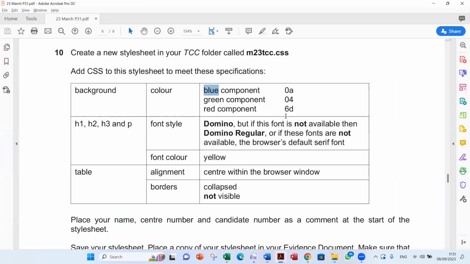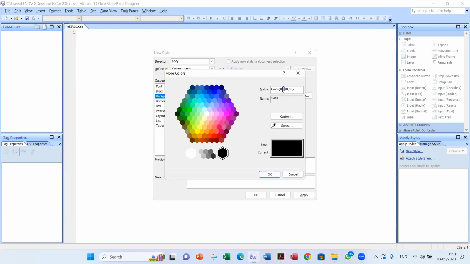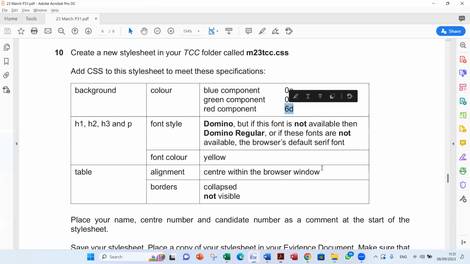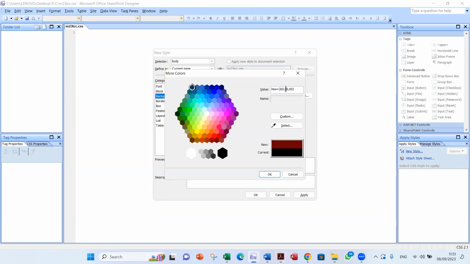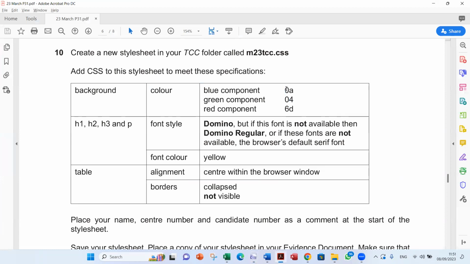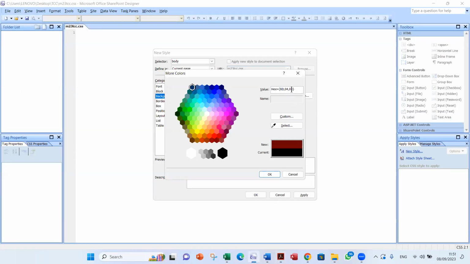So make it 6D, and D is a hexadecimal number. So the first two zeros, replace it with 6D. And the second is the green component. It should be 04. So it is 6D, 04, 2A. The A is a hexadecimal number.